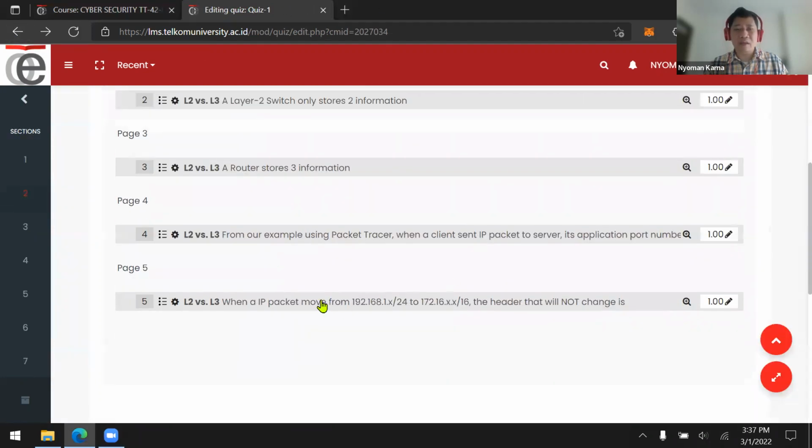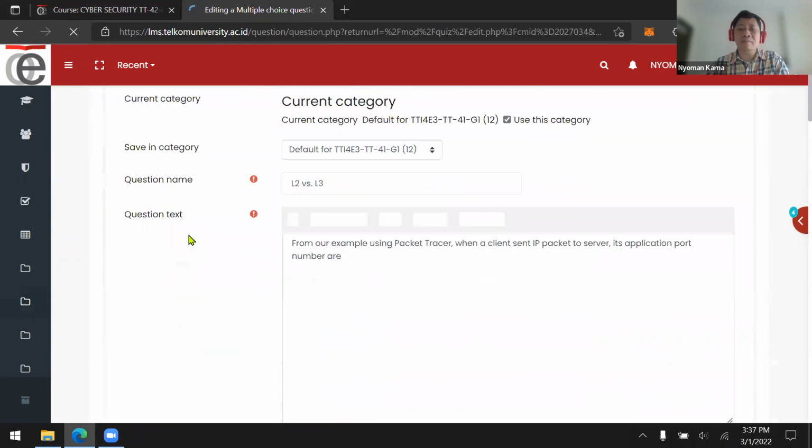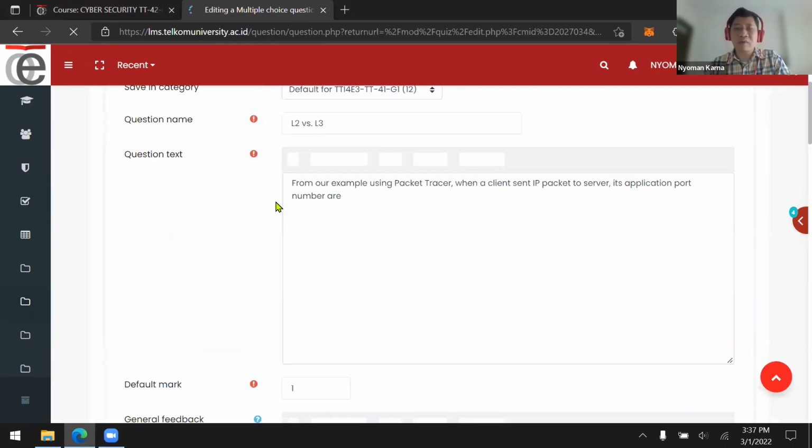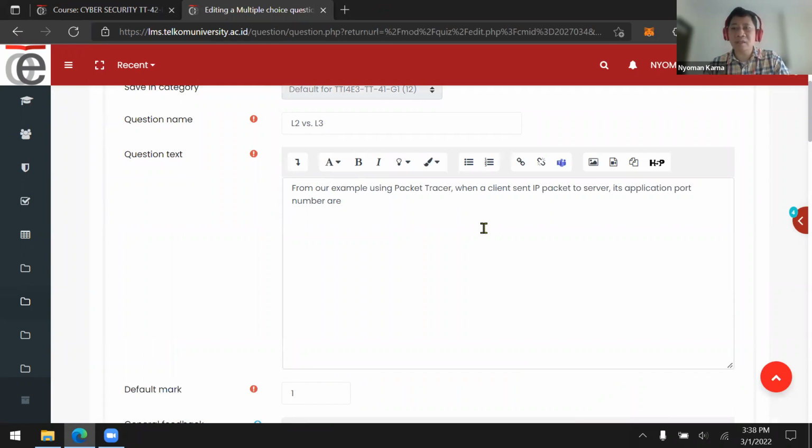Okay, the next question is from our example using Packet Tracer. When the client sends an IP packet to the server, its application port number is... Remember, in our example using Packet Tracer, we use the HTTP protocol.